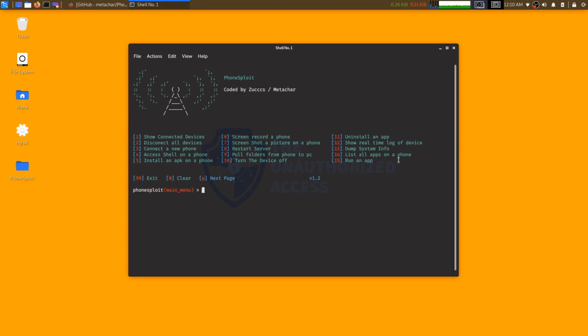I can run an application. I can install an application. Now I'll take a screenshot on the mobile. Screenshot would be 7. If I click on screenshot, it is asking me to save the screenshot. I'll be saving it on my root desktop. So automatically,